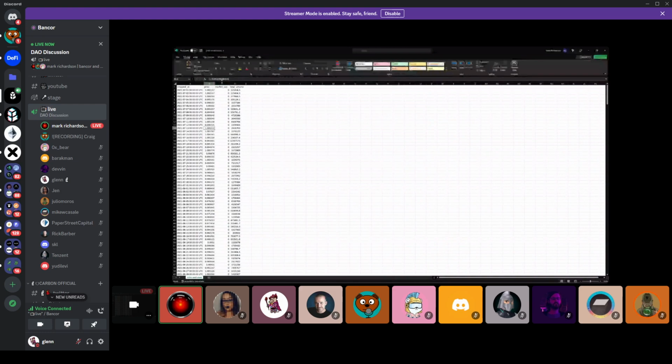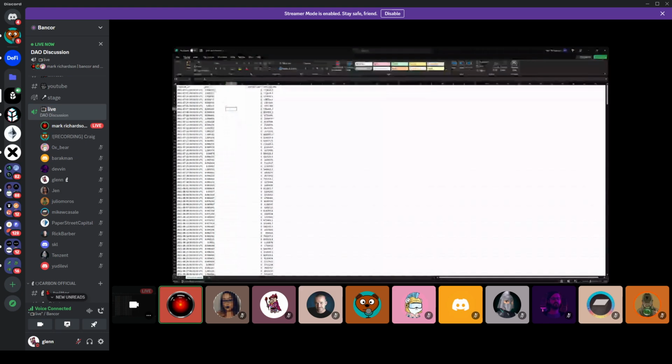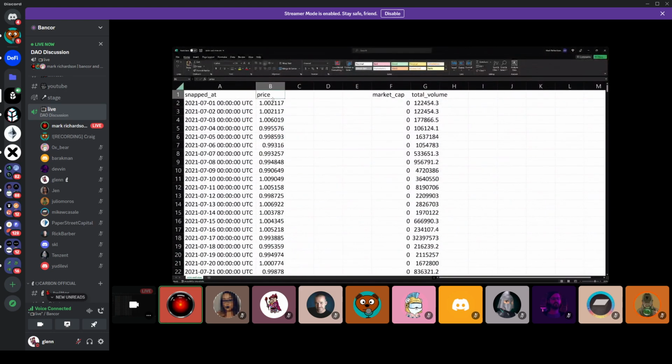Having looked at this, it's actually a lot smoother than you might expect, but it's not perfectly smooth. And so one of the ways that we can give a better representation of what things look like, if we're taking a CSV from CoinGecko,